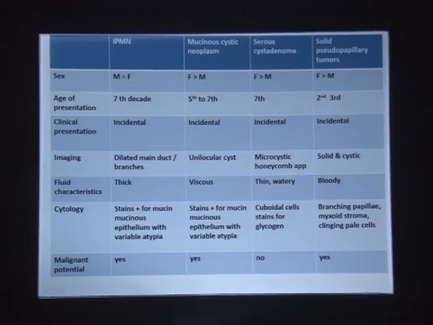Cytology shows you branching papillae with the clinging cells. And these cells, sometimes they get dispersed in the background, and these dispersed cells resemble well-differentiated adenocarcinoma cells. They resemble neuroendocrine tumors. But there are very subtle differences between them. If you don't get these papillae in these solid papillary tumors, then those cells have to be really identified correctly.